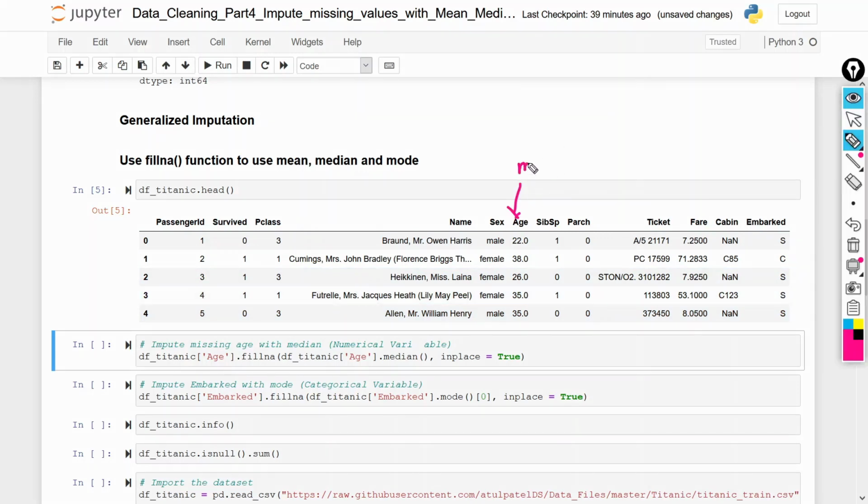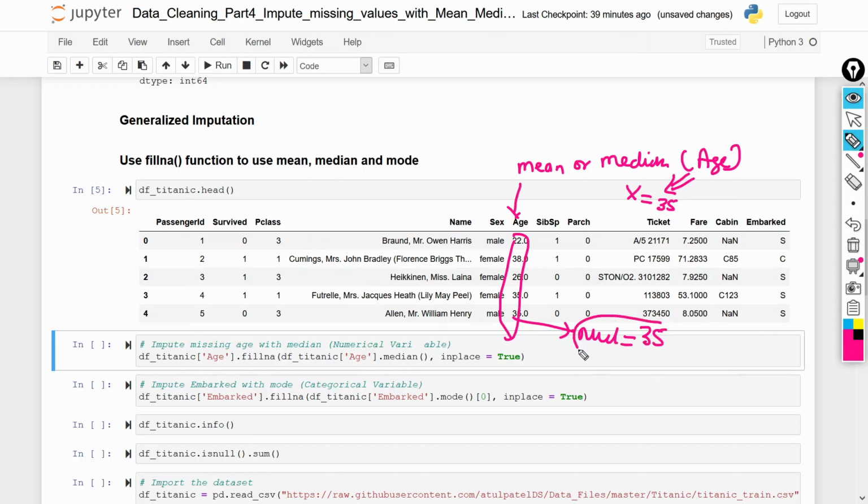First we will take the mean or median of age column, and whatever value we get, say x is equal to 35, we will impute all the null values with this 35 value.